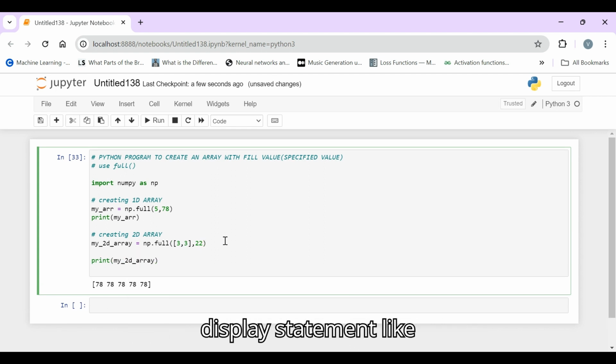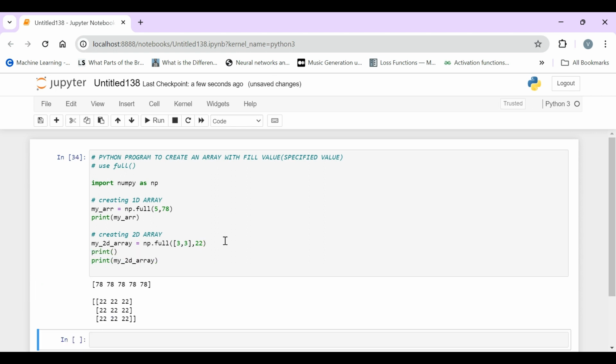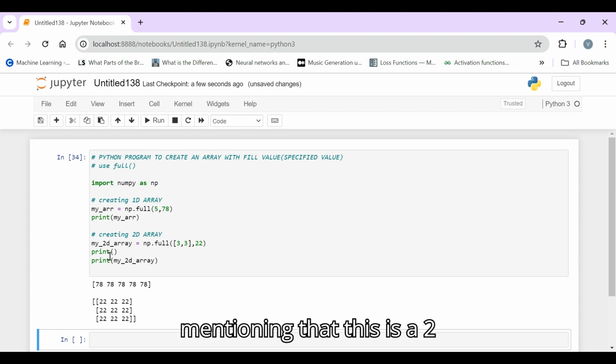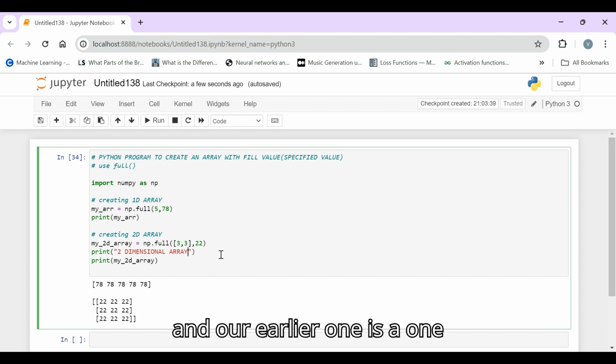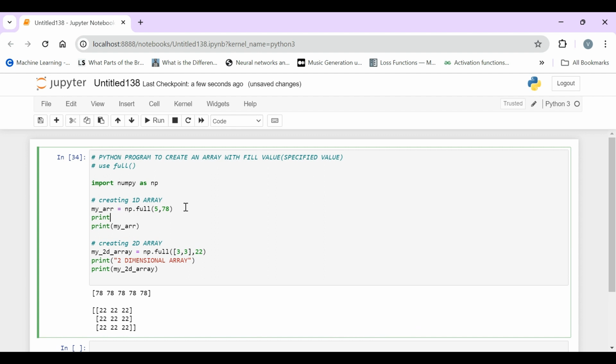Before that, I'll just give a display statement mentioning that this is a two dimensional array, and our earlier one is a one dimensional array.